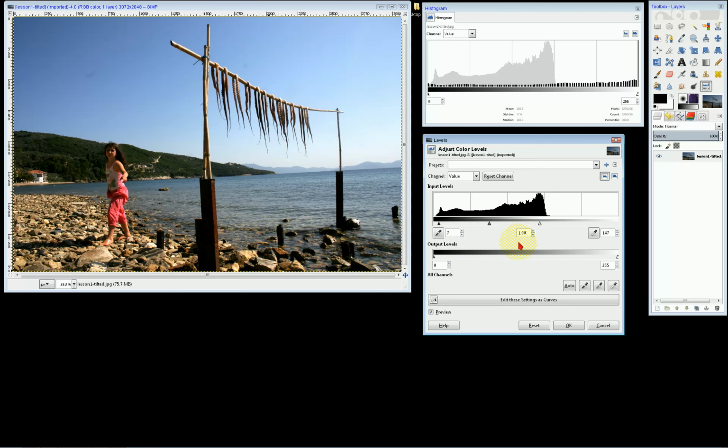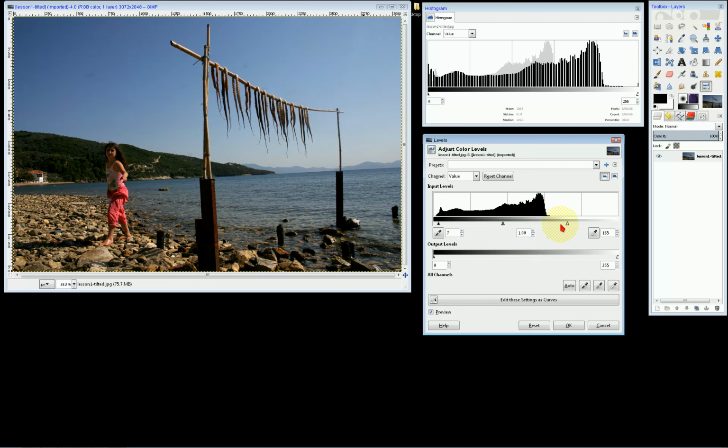But at the same time, on the other side of the problem, if I drag one of these sliders outside of the area where information exists, I am forcing some values to get the same value. So I am losing contrast and my image becomes more flat. So we might say that a safe thing to do is the following as a rule of thumb at first.